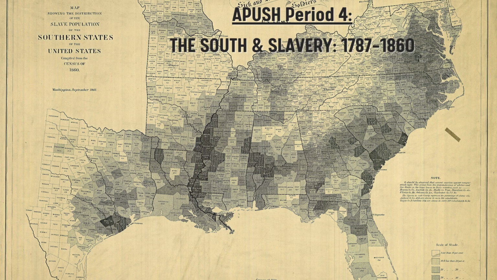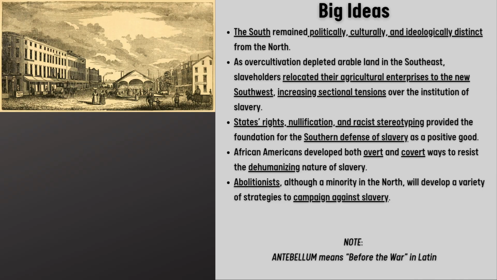Today, we're diving into the complexities of the South and slavery from 1787 to 1860. Let's look at the big ideas surrounding this period. First, it's important to note that the South remained distinct from the North, not just politically, but culturally and ideologically